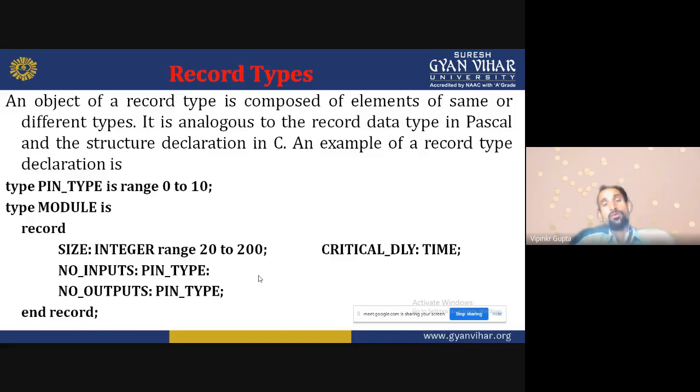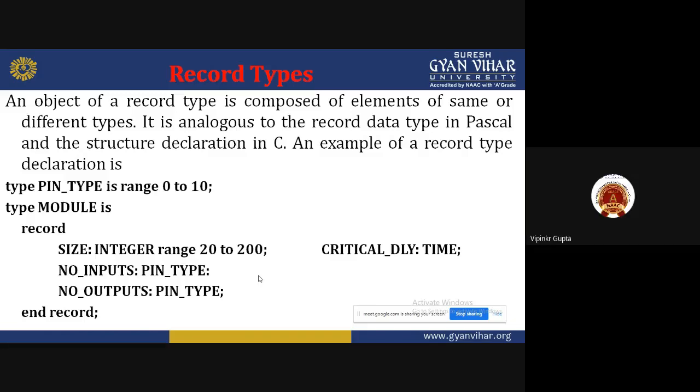Now suppose we declare a module whose record is: type module is record, size integer range 20 to 200, critical delay time, number of inputs pin type and number of outputs pin type.